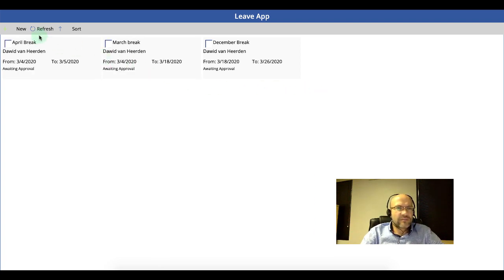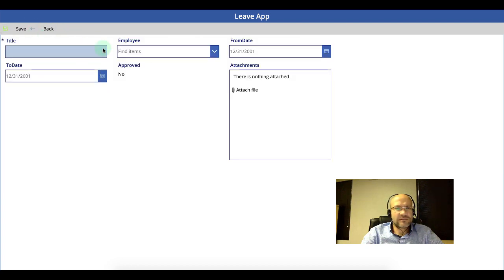So you'll see at the top we've got this little grey bar, and this looks very similar to what you'll typically find in something like Outlook or some of the other Office applications, where you've got the actions that you might perform in the app in one place. Now what's nice about this is if I go and create a new one, let's just say this